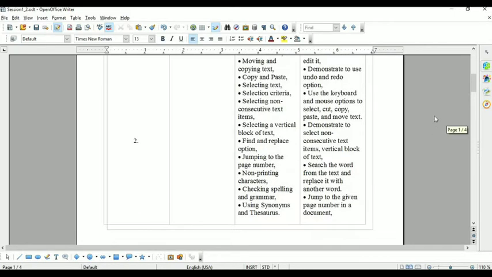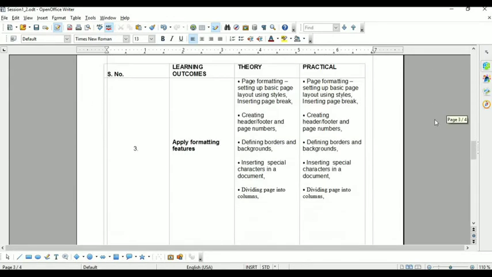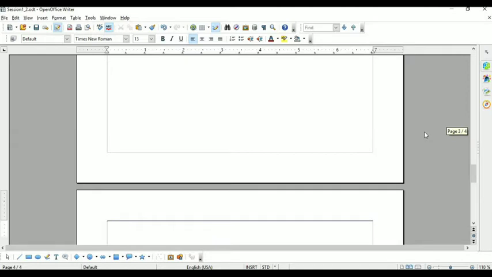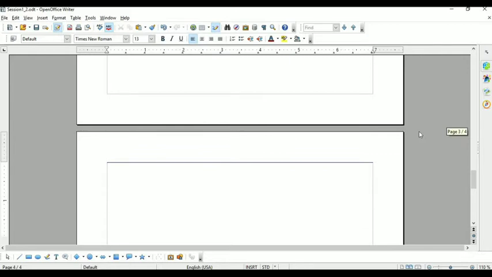Now I am moving to page number 1 and in total we have 4 pages. So we can move to any page. Yes, we can insert a page break at any moment of time with the help of the page break option available under the Insert tab.